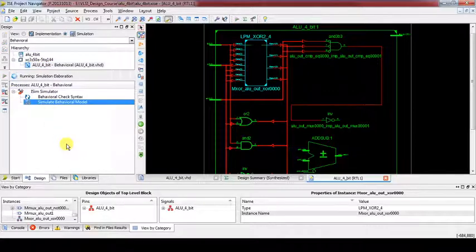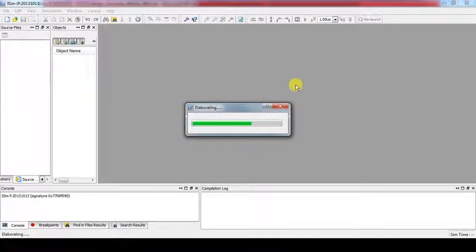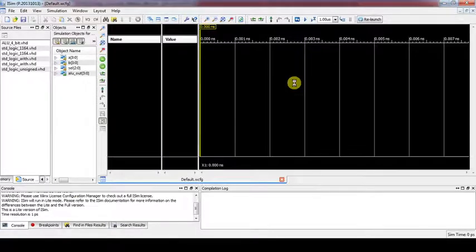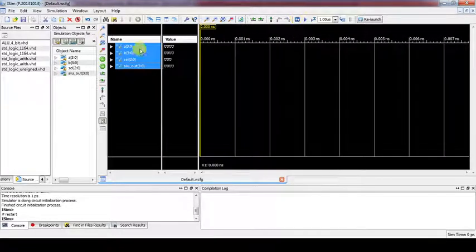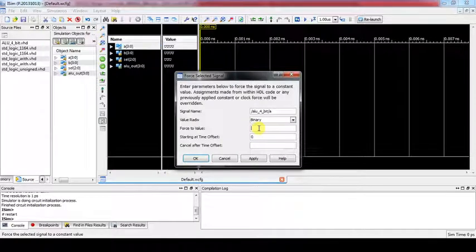So simulate it. So let's start. I am giving some random value, let us say A is 1010 binary. Apply.